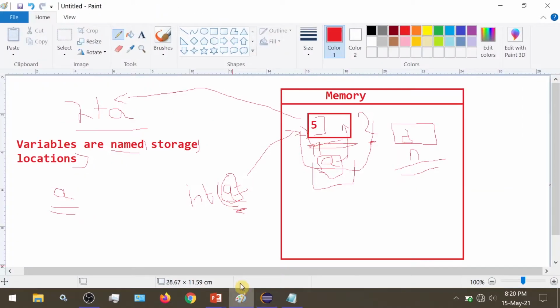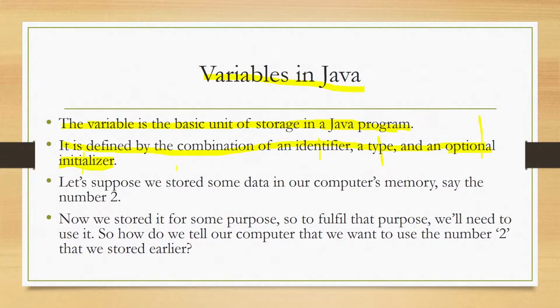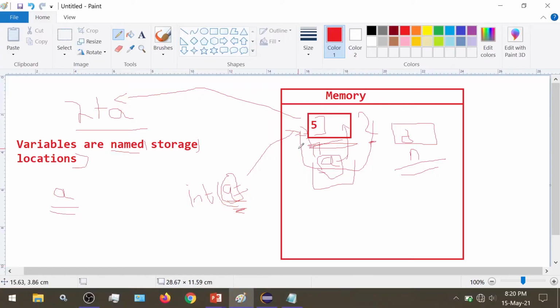So a combination of identifier, type, and optional initializer. Suppose we want to store some data in a computer's memory, say the number 5, or even 2.